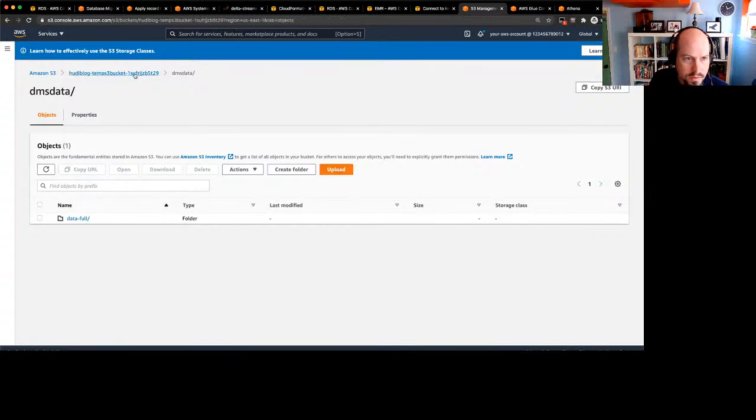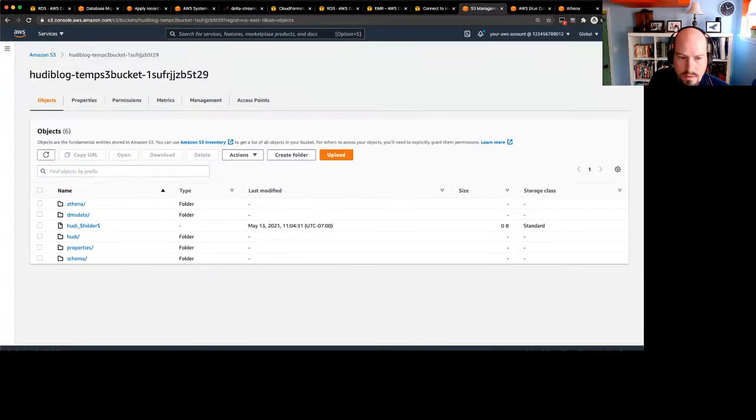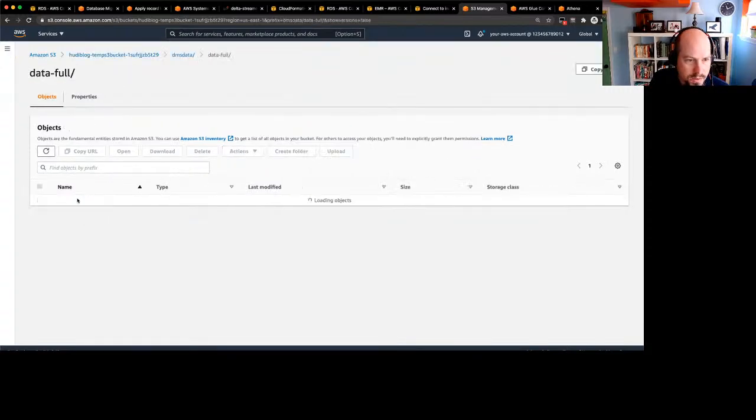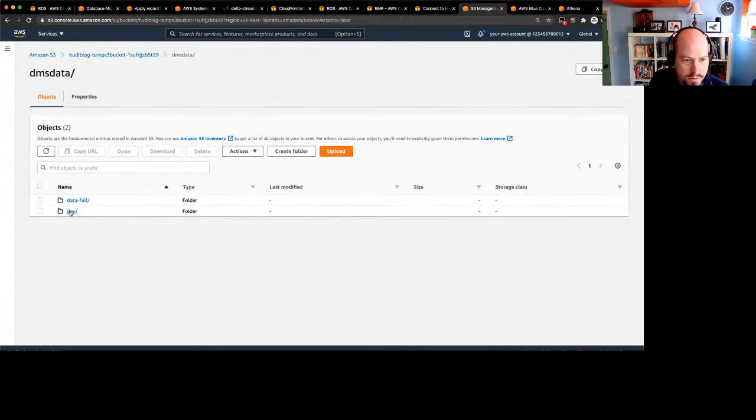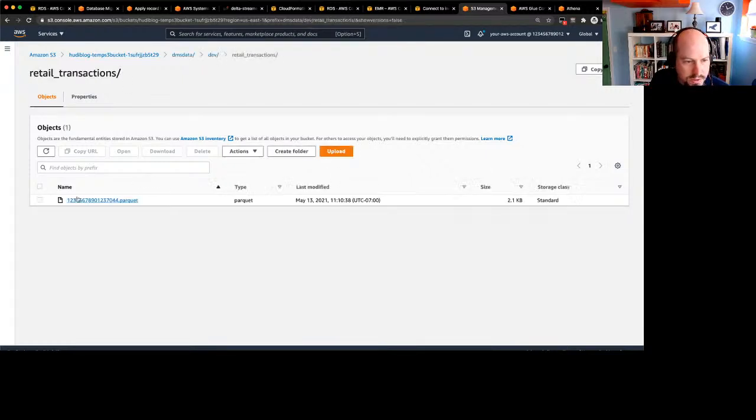Not yet. DMS data. There's the data full stuff. That was the initial load. Looks like it just hasn't written out to, there we go. Now it's out in S3. Dev, retail transactions. There's my Parquet file. I wonder,